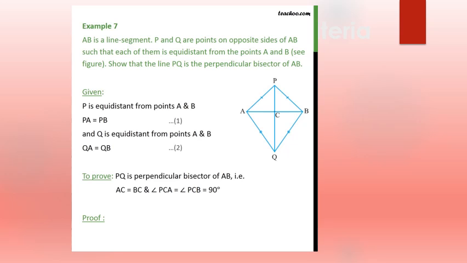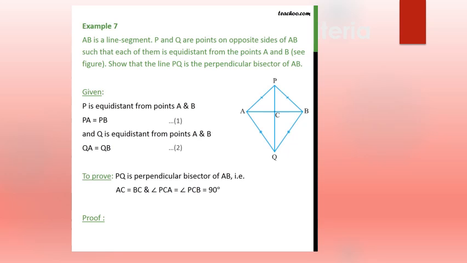So it is given that these particular points P and Q are equidistant. Equidistance means the distance from A and distance from B are equal. Similarly, what do we mean by bisector? It means that it is divided into two equal parts. These are the very basic knowledge that you should know before we start the question.